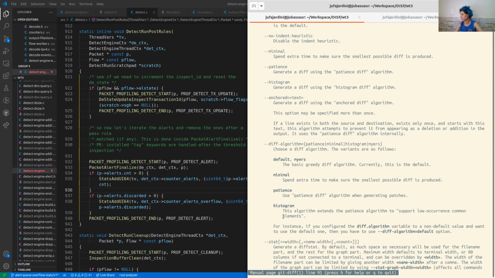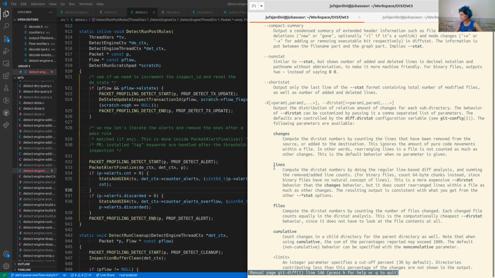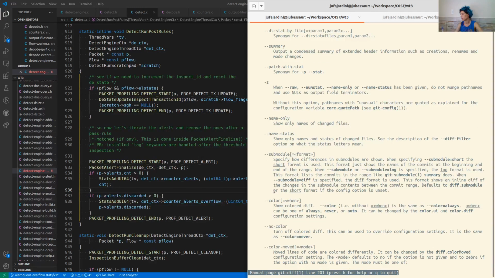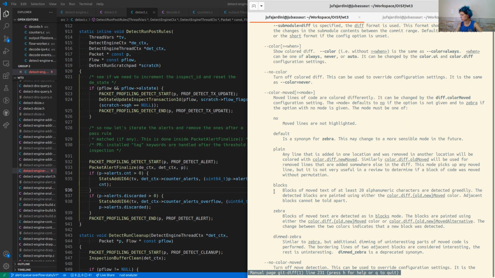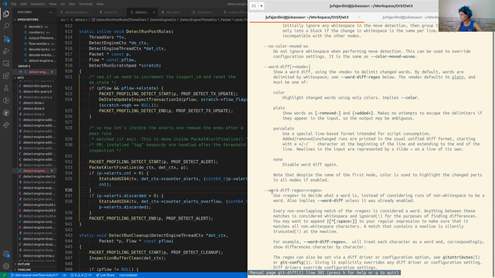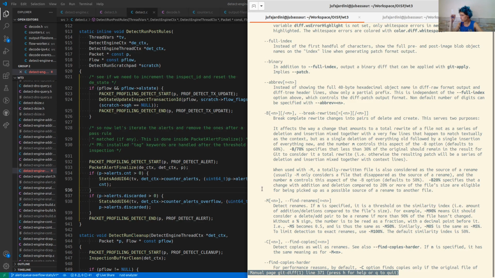I had never noticed that. Files, lines. I always end up going to meld because I'm way more comfortable comparing such things in meld.